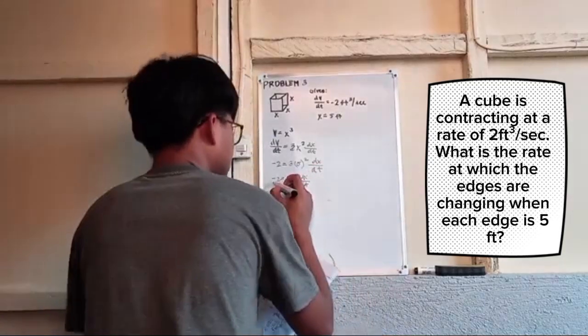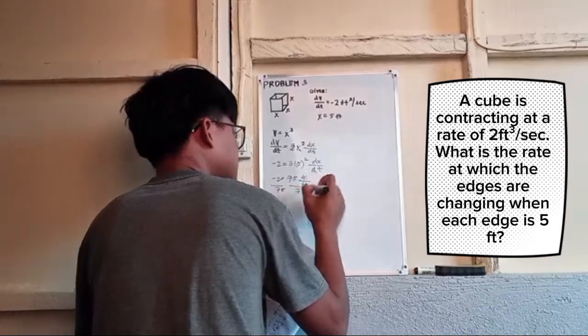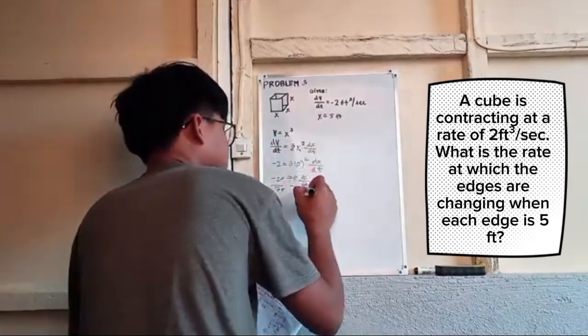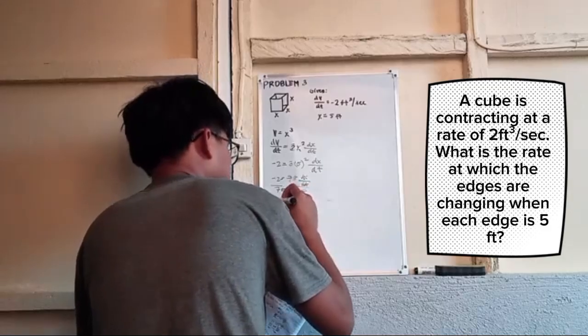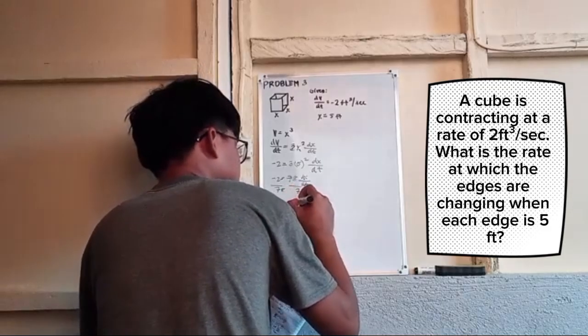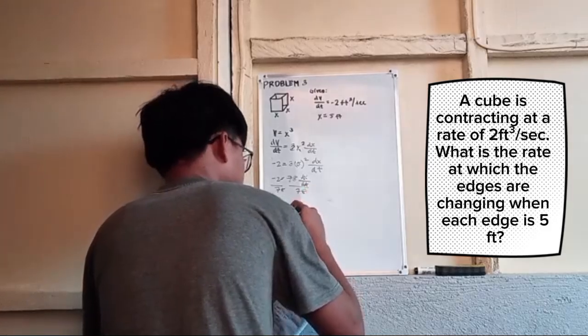Then divide both sides by 75, so that the dx over dt will remain. Cancel. We will have the value of dx over dt is equal to -2 over 75, or